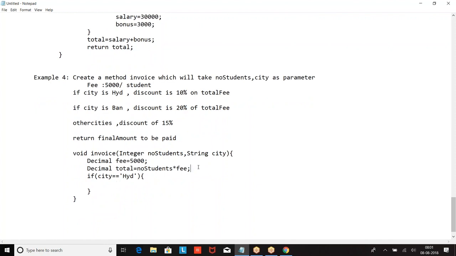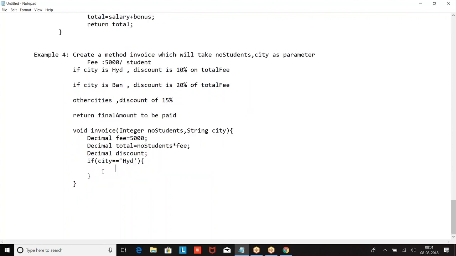Then I was supposed to calculate discount. So how the discount is? There is a return type, right? Then why are we using void here? Discount equal to